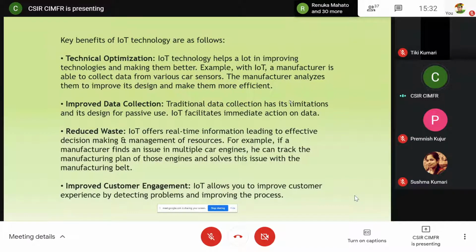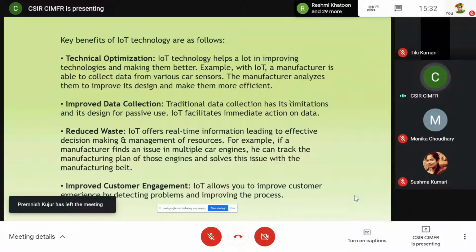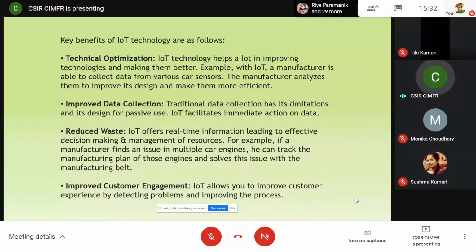Improve data collection. For example, when making an IoT project, such as when we want to water our garden, we manually water it. But using IoT, when we want to water our garden, we will have to look at the moisture. What is the percent of moisture in the soil? For that, we can use a sensor,